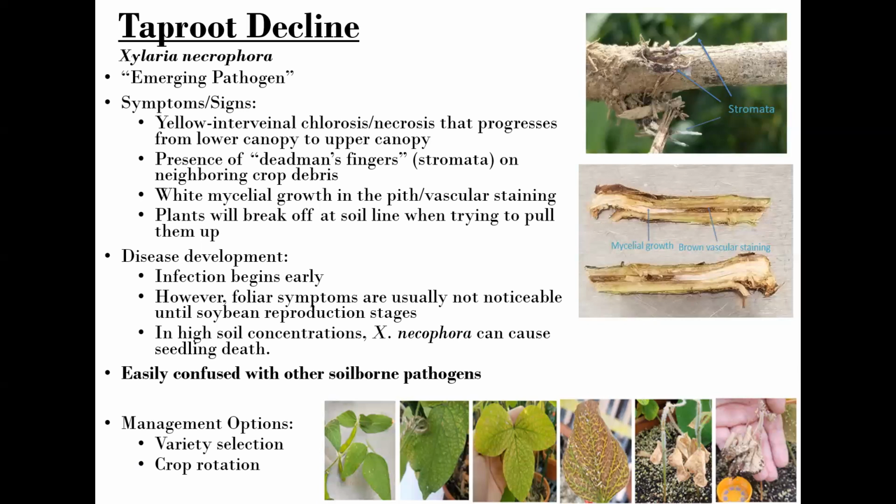If we were to dig up the afflicted plant and split open that stem, we would see that in the pith there would be white mycelial growth, which is really characteristic of taproot decline and really sets it apart from some of these other soil-borne pathogens that also cause vascular staining and vascular tissue damage. We need to make sure that we're digging up these afflicted plants, splitting the stem, and looking for white growth in the pith, because due to these symptom similarities, taproot decline often goes misdiagnosed or unnoticed, and we're really trying